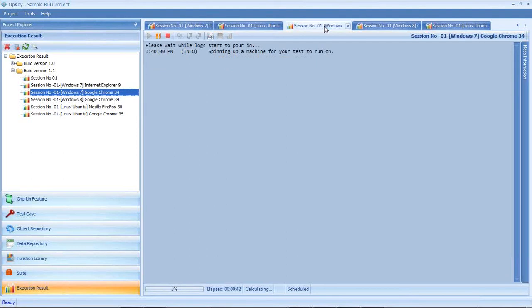So once the machine is created, this open screencast button will be enabled. You can also view the log which will be fetched from the cloud for debugging purposes.